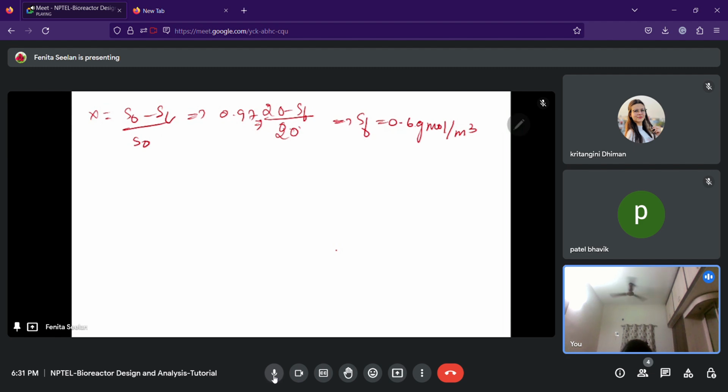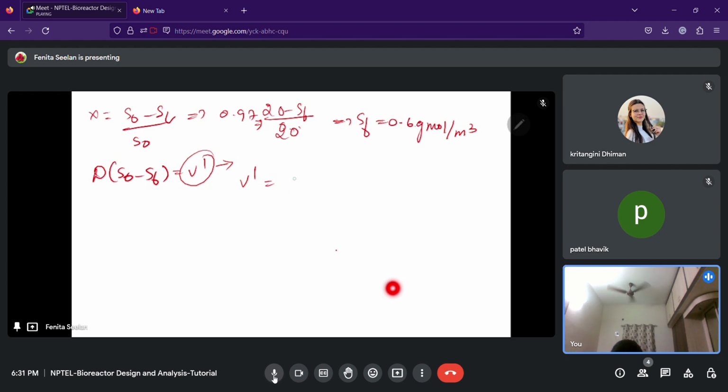To calculate your dilution rate, you can use the formula D(S0 - S) = V dash. From this we can calculate your dilution rate, but before that we have to calculate this. So how can we calculate this? The formula is